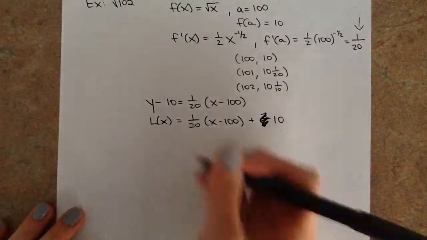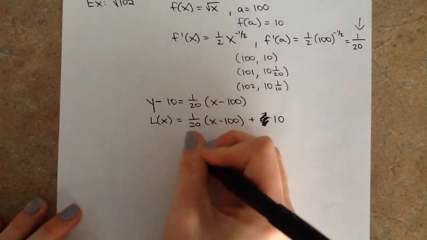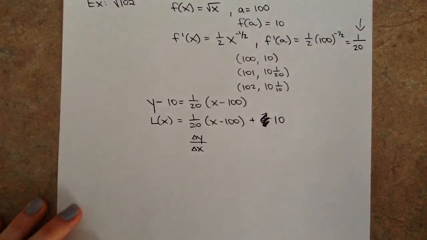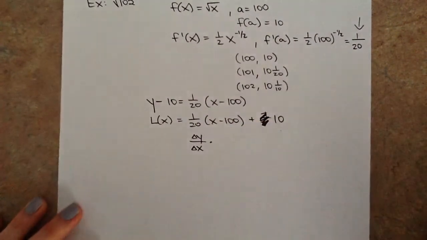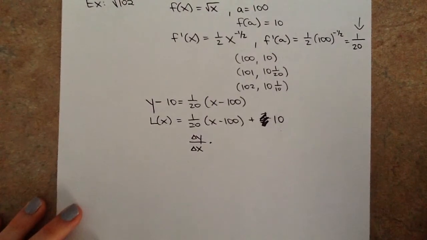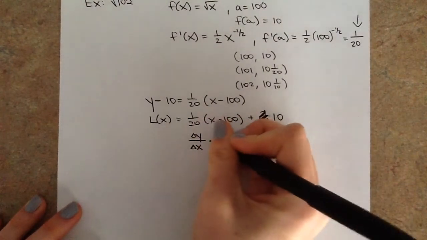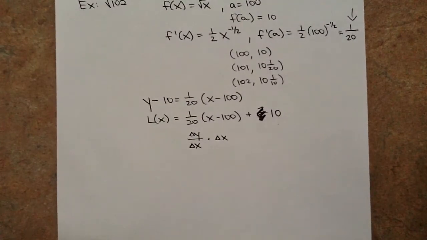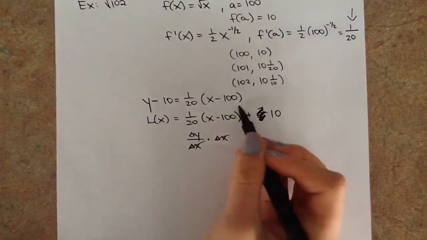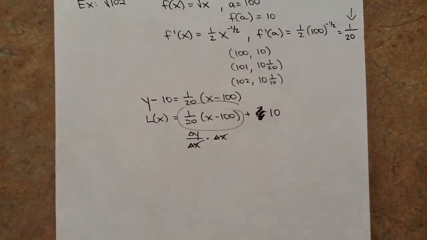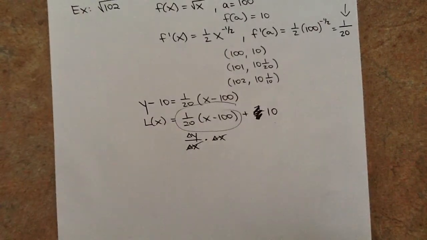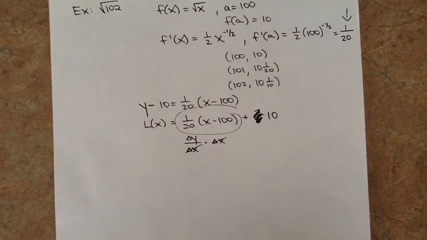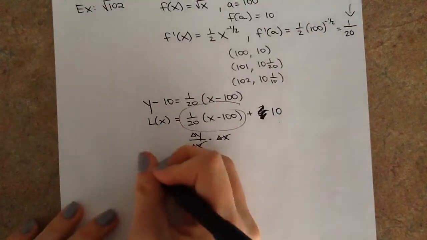So what we really have here, you guys have seen this written out for the slope before, right? Yes. Change in y over change in x. And then I said x minus 100 is really what? My change in x. So if I multiply slope times change in x, what am I left with? Delta y. Yeah, change in y. So once I multiply this out, that'll be my change in y, and then I add it to my original y. Does that make sense? Okay, so that's technically what we were doing yesterday. We were just plugging things into a tangent line and maybe not really thinking about what we were doing. So if I plug in 102,